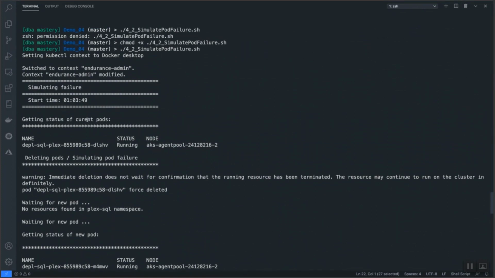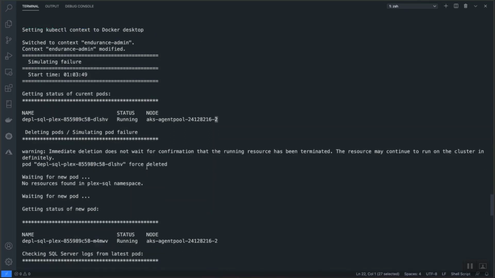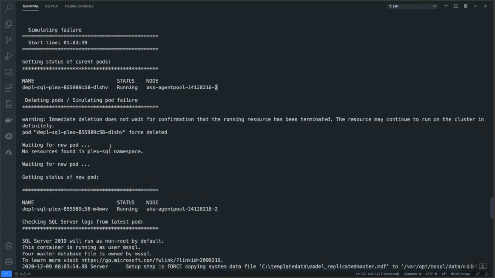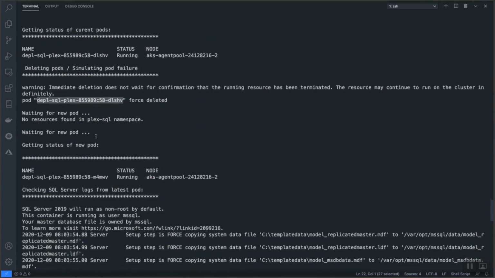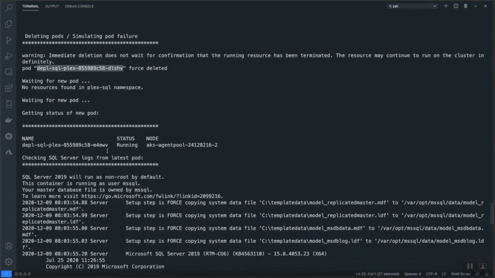So my current pod before the failure was this. Take a look at the name here at the end of this string. So it was running on the pool or the node number 2. Then I deleted the pod, and this was the name of the pod that was deleted. And then Kubernetes did its thing and created a new pod, and the new pod name is completely different. As you can see, the previous was DLSHV, and this one is M4MWV